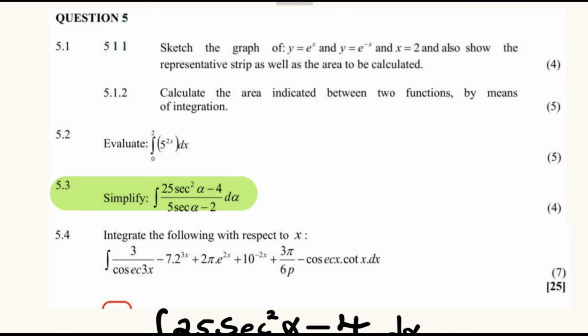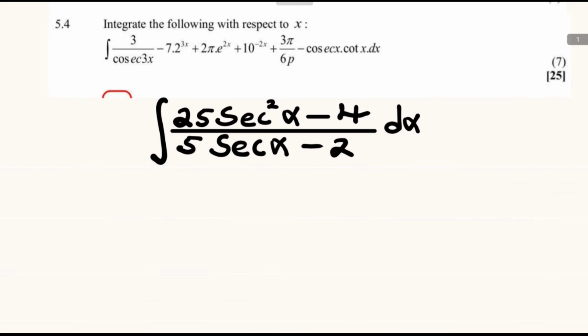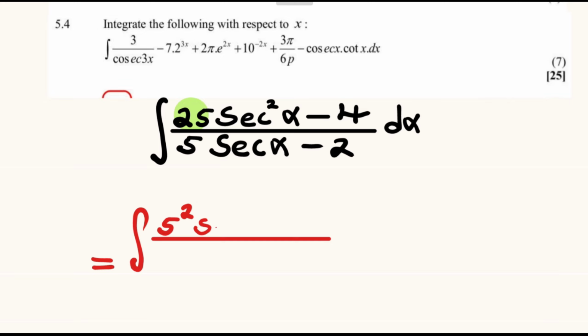Question 5.3, we have the following indefinite integral. To simplify, the first step here is for us to realize that we have a difference of two squares. So let's rewrite our integral as equal. So we rearrange that 25, we write it as 5 squared, and we have the sec squared of alpha minus, so that 4 we rewrite it as 2 squared divided by 5 sec alpha